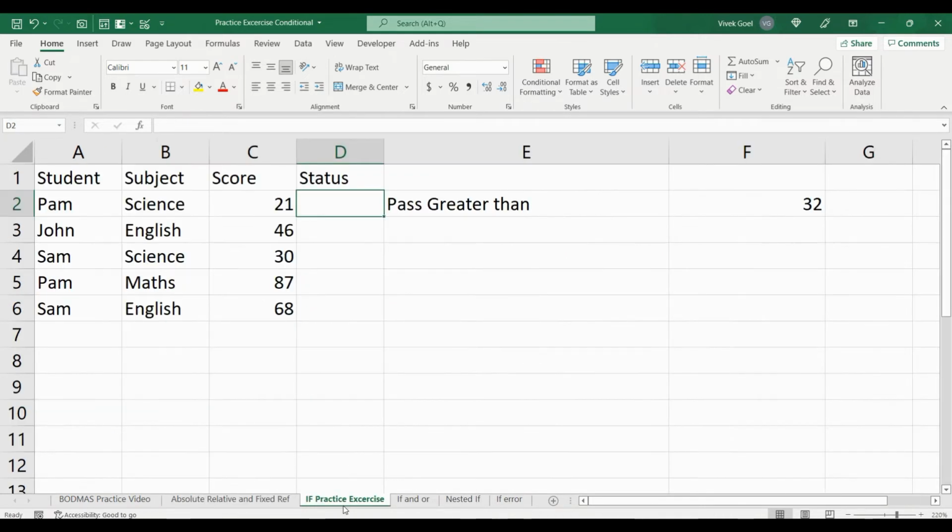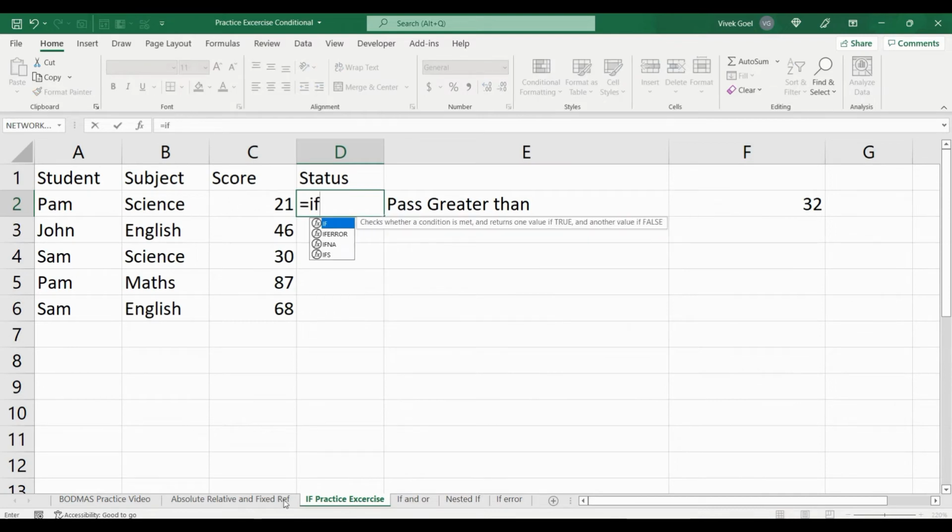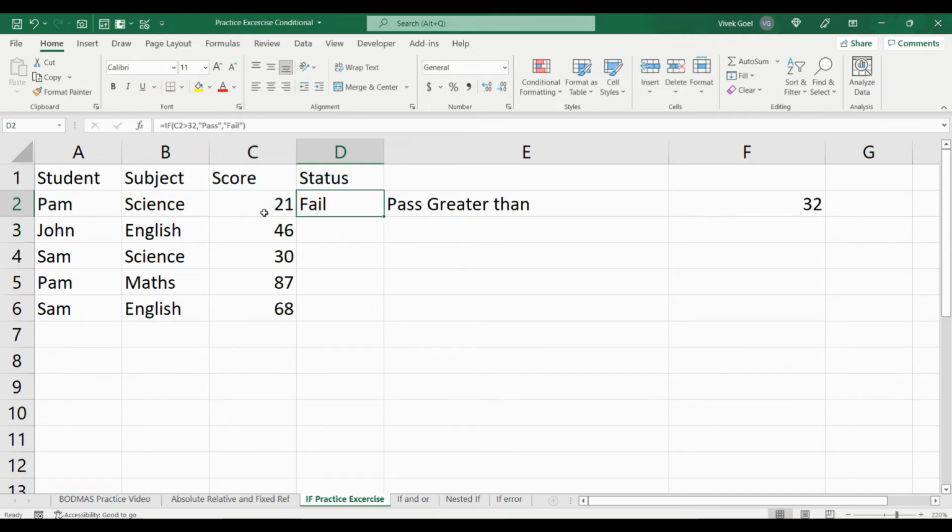Let's solve our IF practice questions. So here we will write IF score is greater than 32, the second parameter will be pass. That is, if our logical test is true, then we will specify pass, else we will specify fail. And now the first candidate Pam has failed in science. Let's copy this formula down and we will see the correct values.